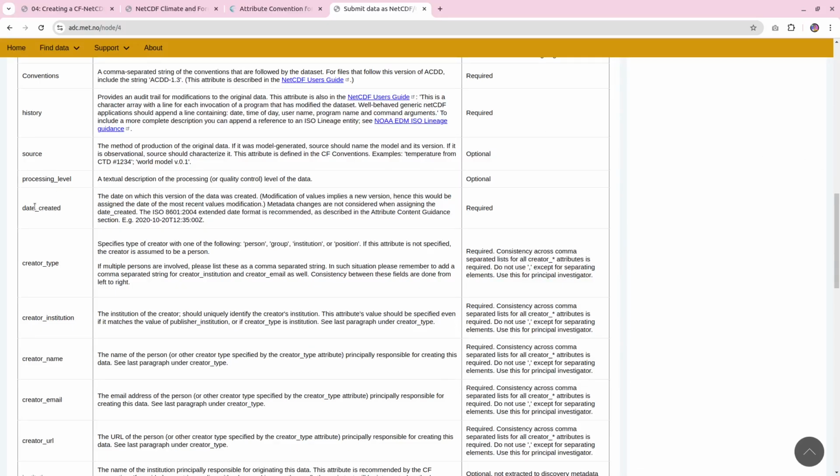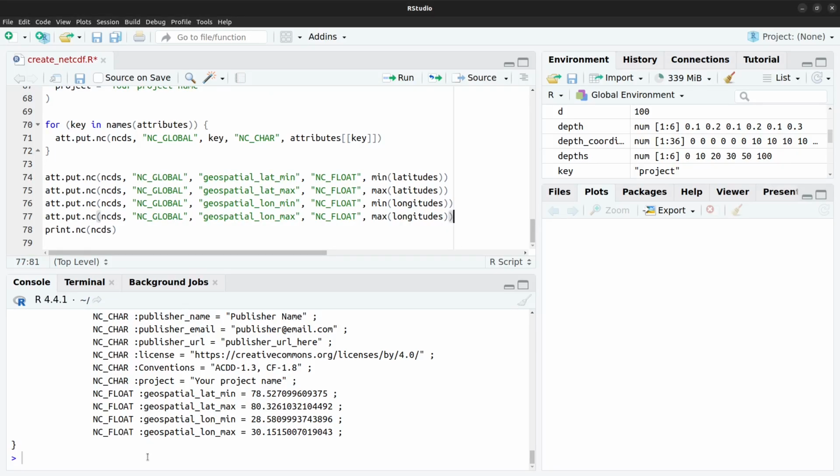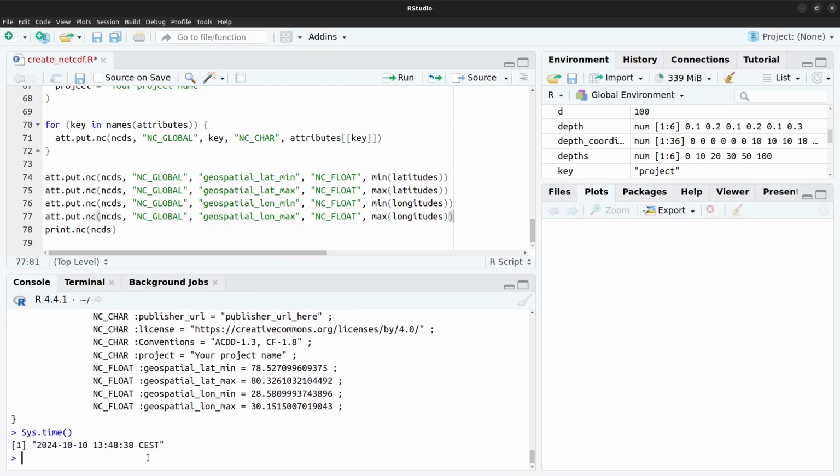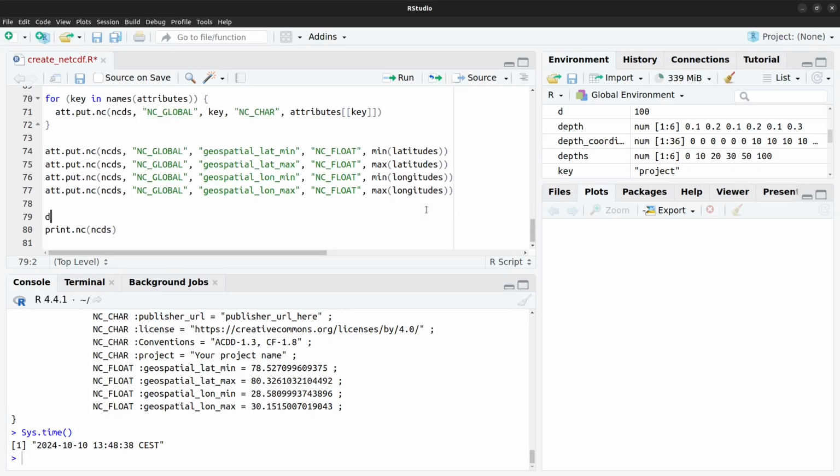I'd also recommend you include this date created variable, which is the date on which this version of the data was created, and also the history, which is like an audit trail for modifications to the data. And the reason I'm talking about this separately is because I can show you how you can take the current time and encode that within the file. So if we look in the console, we can do sys.time, and that will tell us the time right now. So that means we can write this to a variable we're going to call dt now,